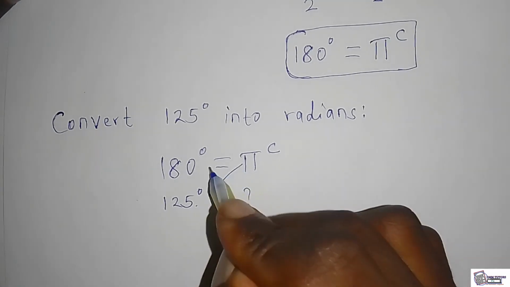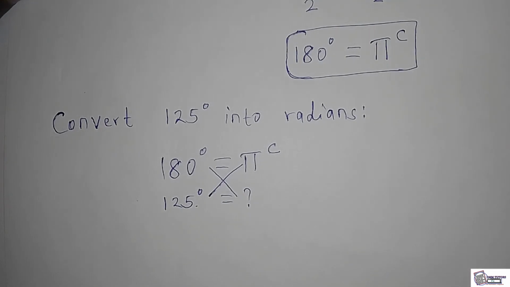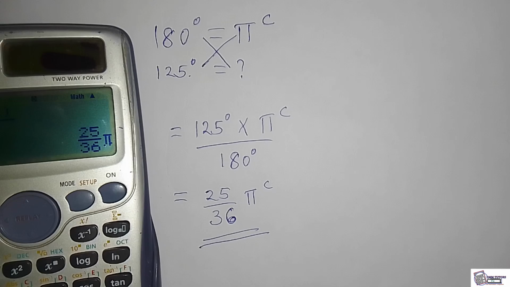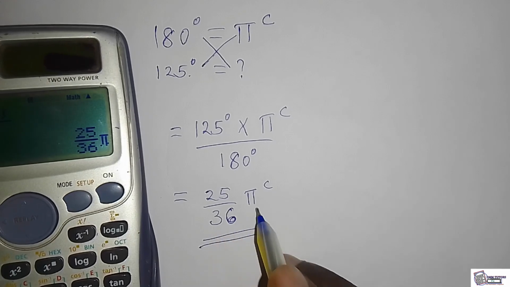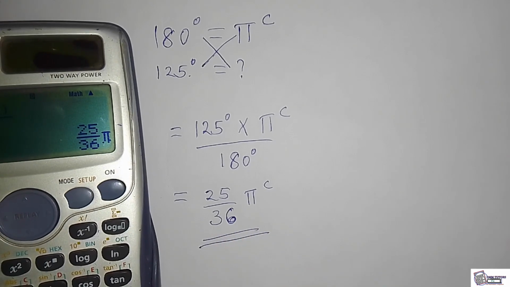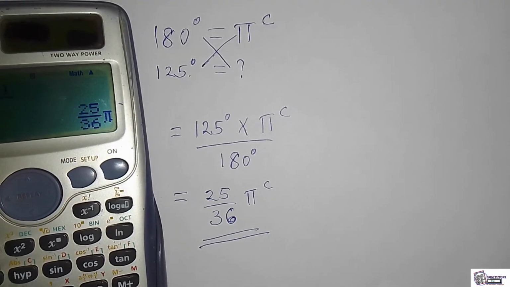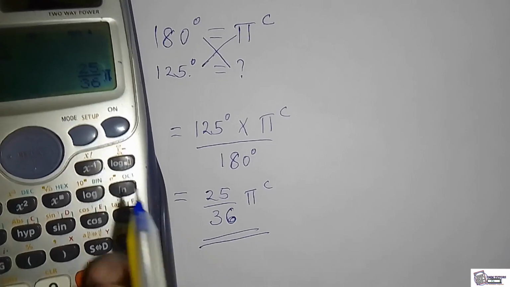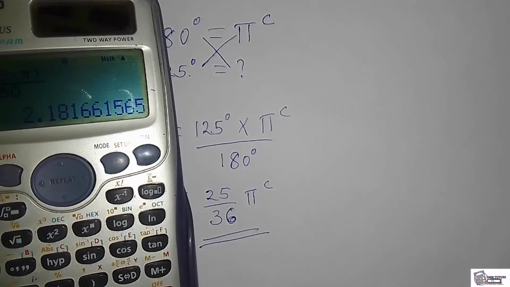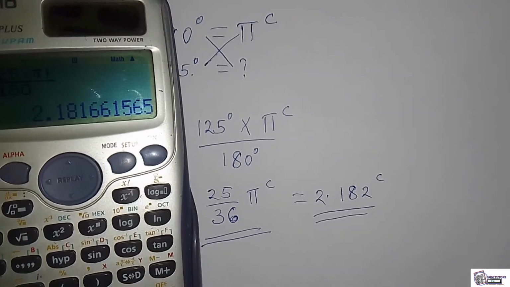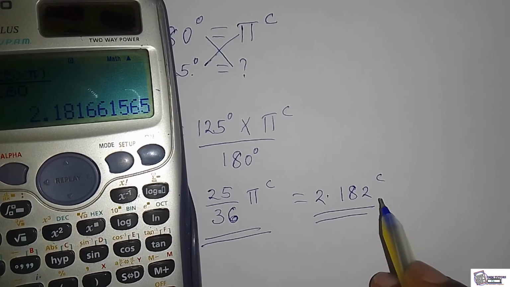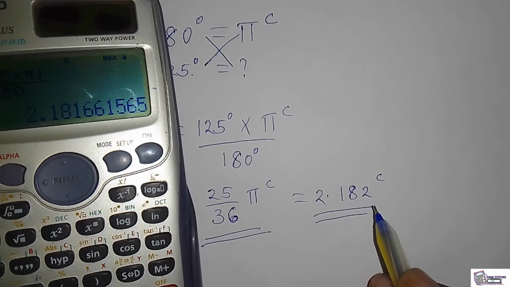So you cross multiply, you find you have this value. So you can leave it at that, or you can decide to evaluate it, and it gives you 2.182 radians. Alright,